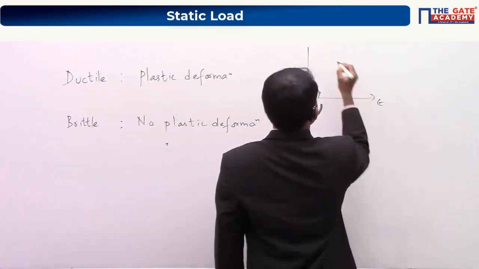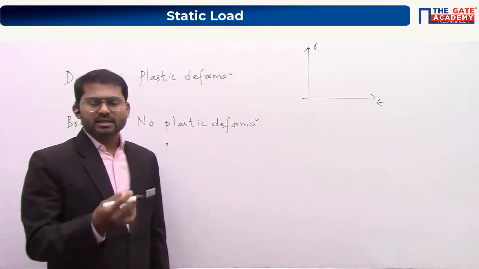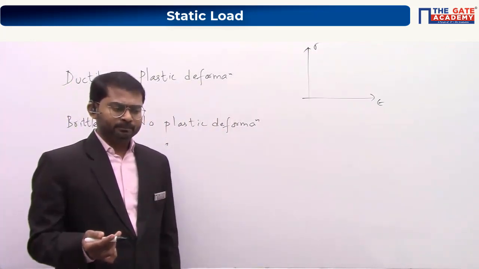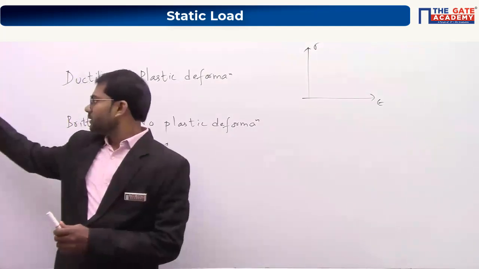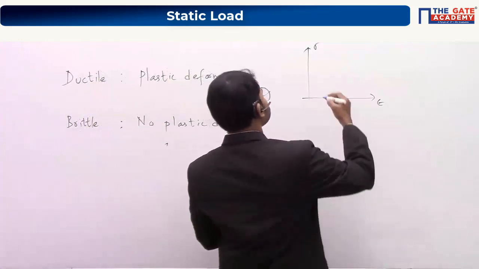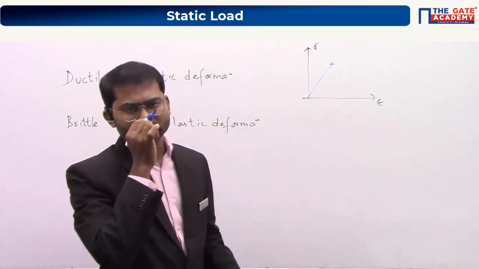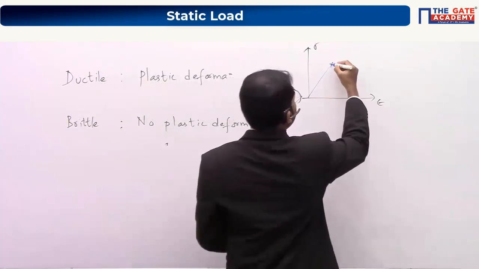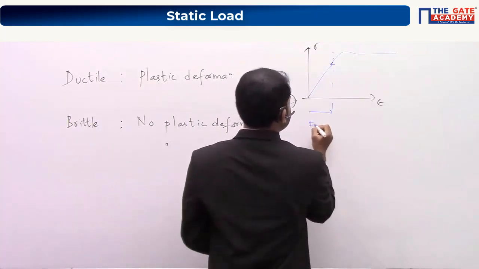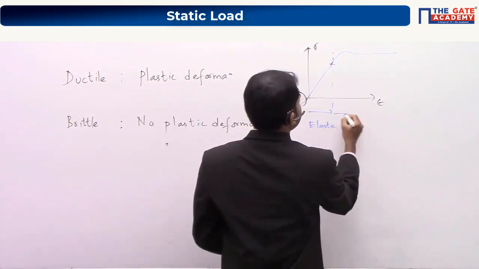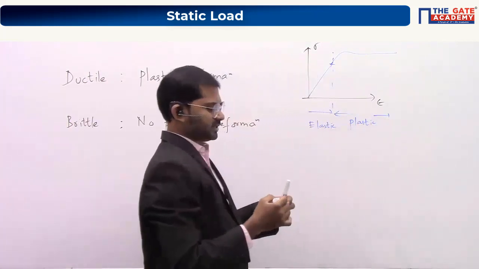If you do tensile testing and draw a simple stress strain curve for a ductile material, examples of ductile material are aluminium, mild steel, etc. You do the tensile testing, you're going to see that it will show some elastic behavior, and stress will be proportional to strain in that particular region, and afterwards it will show some plastic region. So first of all, you'll be having elastic region, then plastic region.